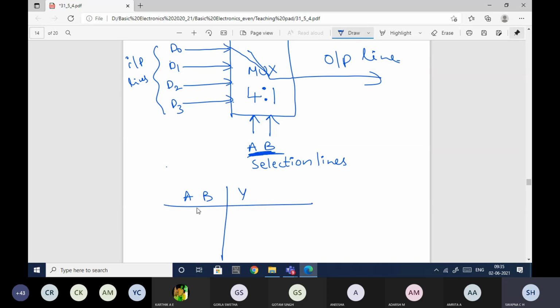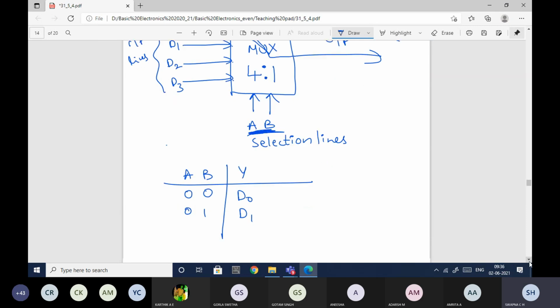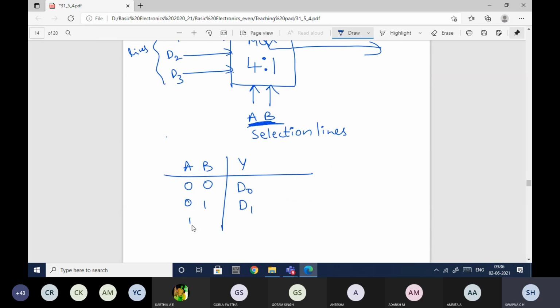If A B is 0 0, then I tell the system to select D0. If A and B are 0 1, select D1. If 1 0, select D2. If 1 1, select the input D3.